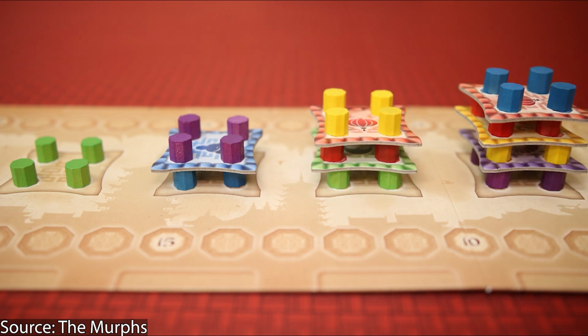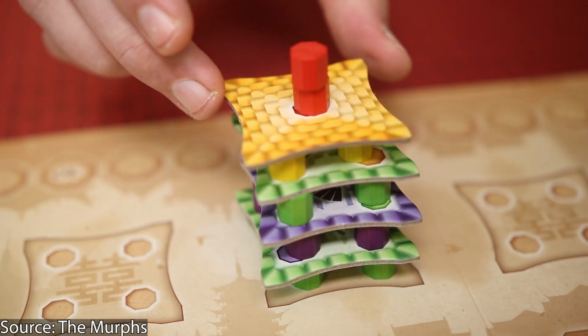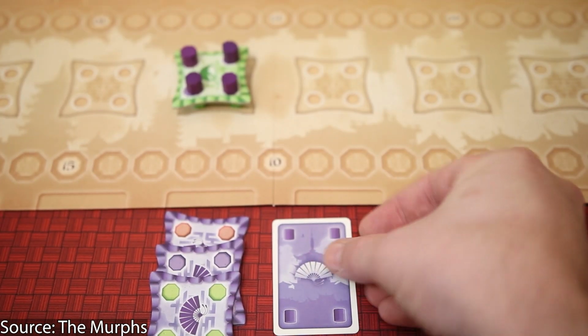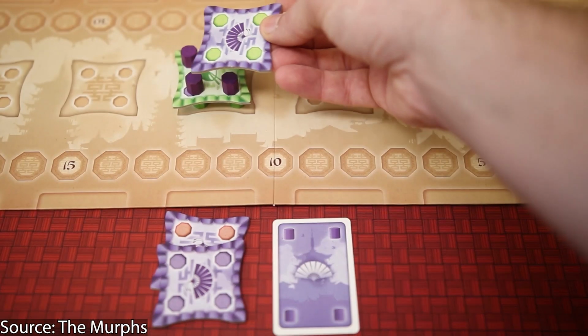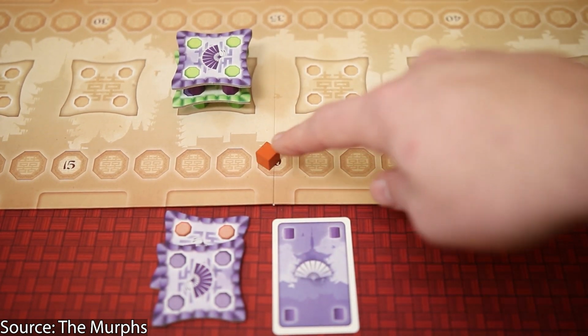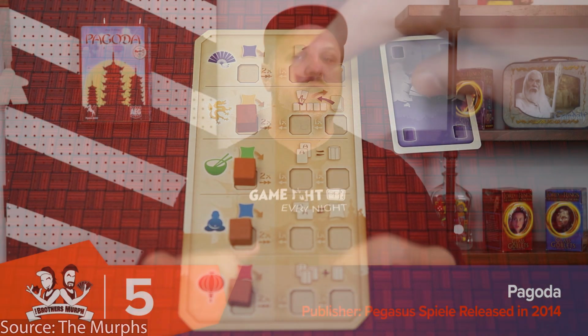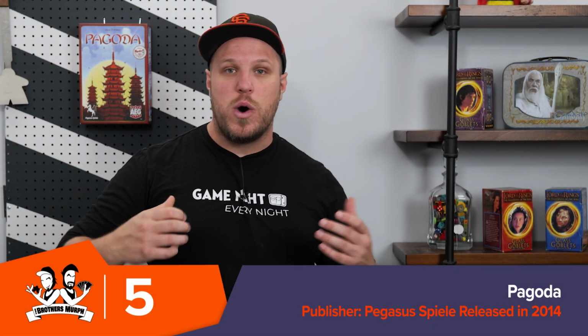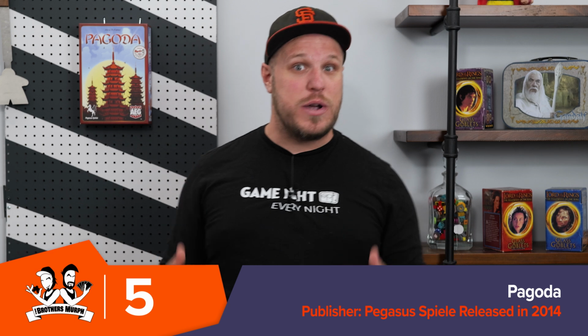And the reason why that matters is because the higher the pagoda is, the more points those columns are worth. If you're on the ground floor, they're just worth 1 point each. If you're on the 2nd floor, they are worth 2 each. If you're on the 3rd floor, they're worth 3, and 4 is the highest one. So what you do not want to do is set up your opponents for really, really